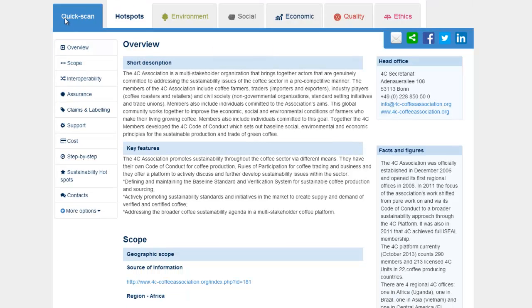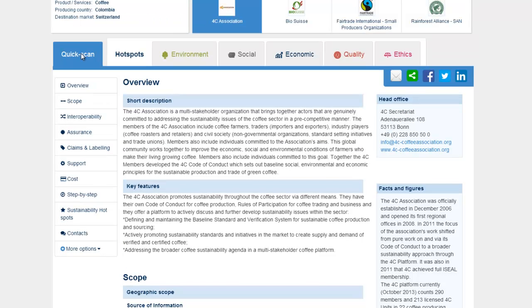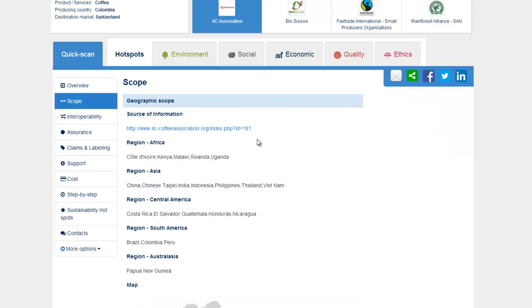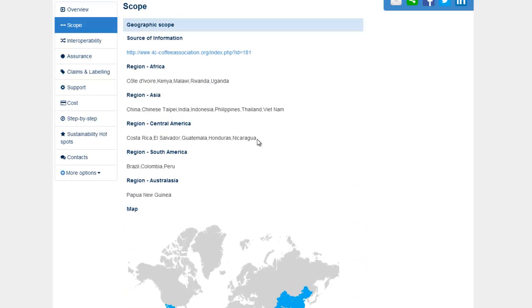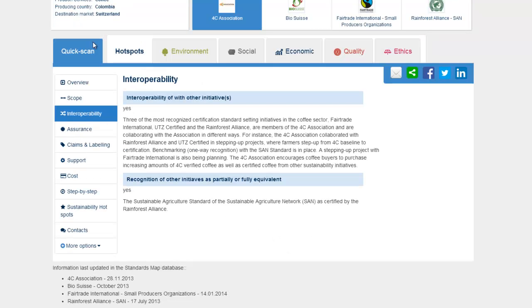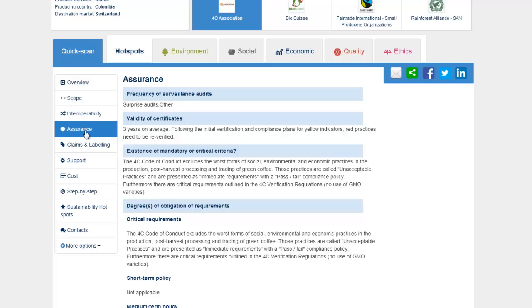So first you have the quick scan tab, and that gives you information on different elements of the standards you have selected. You can have a quick overview of the initiative, such as short description, the key features, some facts and figures. You can review the scope of the initiative, that is, in which countries does it actually operate, what are the products that are being certified, the main target groups, the interoperability of initiatives, that is to say whether there is any kind of alliances with different standards out there, the assurance process, when it comes down to actually carrying out the audits, how do they take place, what's the different elements that need to be taken into consideration,